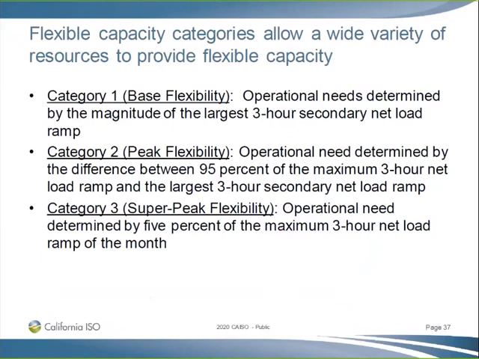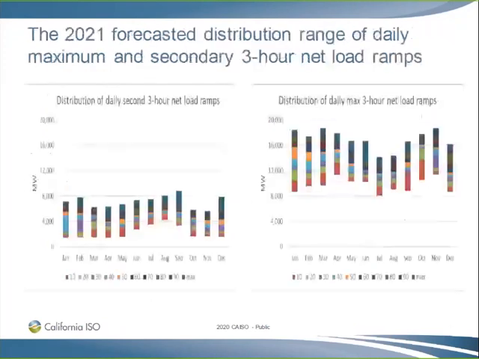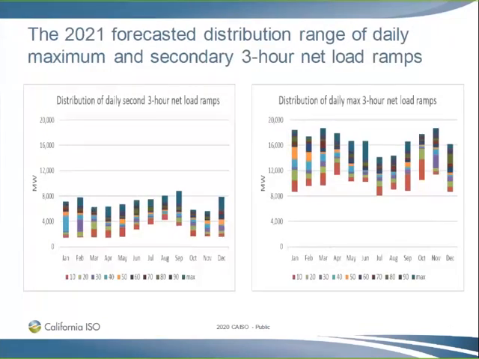Then the peak flexibility, the second one, is the 90% to 95% minus the base category. So it's kind of a middle chunk. The super peak is the top 5%, as always. So there is no change. And go to 38, please. Thank you. So this is to look at the distribution of the primary net load ramp for each month,